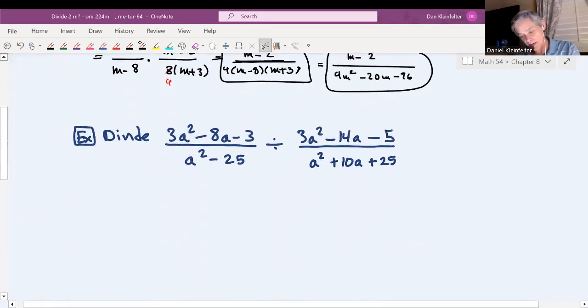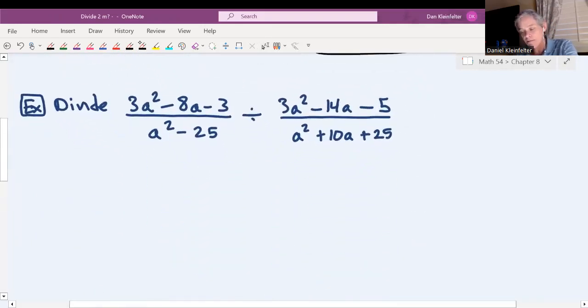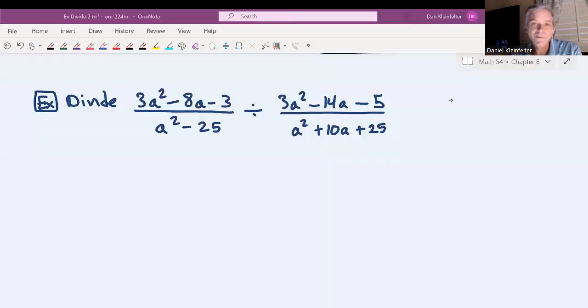All right, so this is kind of bigger and longer. Take a minute, pause the video, try this one yourself, and then restart it and see how you did. The factoring is going to take you a little time. All right, so I'm going to go through and factor all of this stuff. I'm going to work